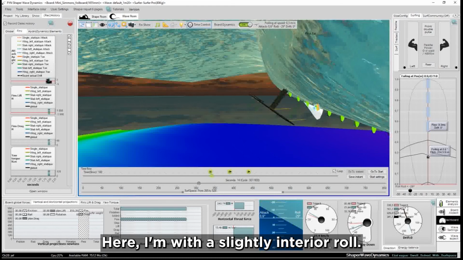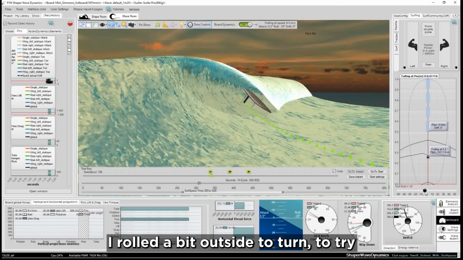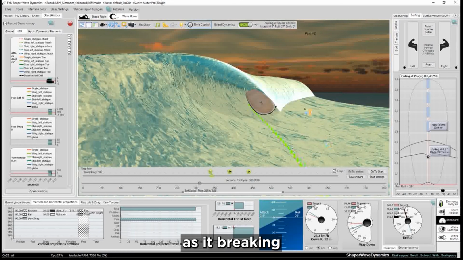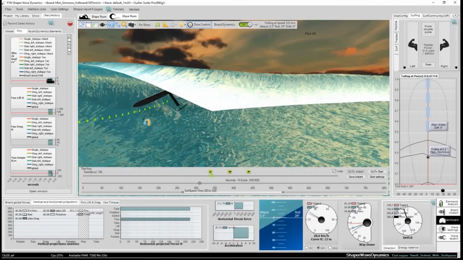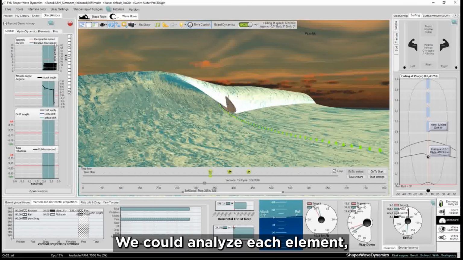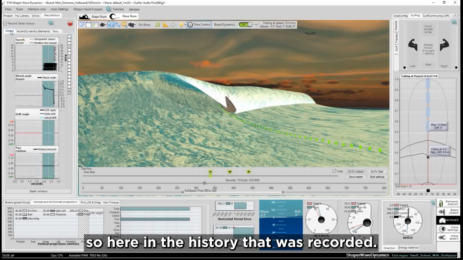Here, I'm with a slightly interior roll. I rolled a bit outside to turn, to try to follow the wave as it breaks. And at the same time I record this data. We could analyze each element here in the history that was recorded.